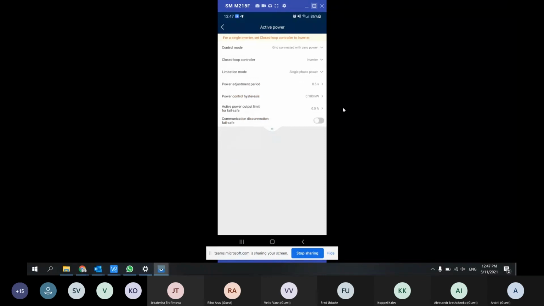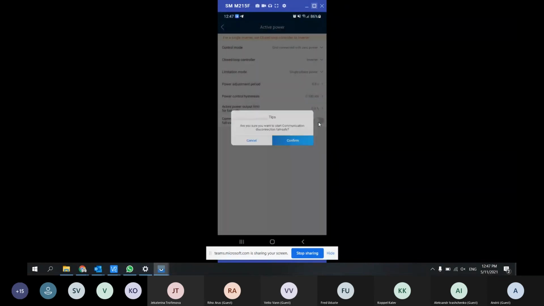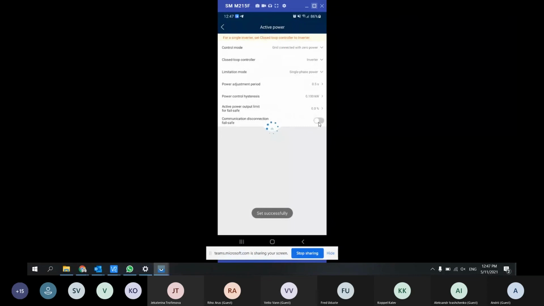Adjustment period, leave it like this, and here will be the communication disconnection in case you lose control. You put 3 seconds, and if for 3 seconds you lose the communication with the meter, the inverter will disconnect. By default this function is disabled, but you can enable it if you need it.